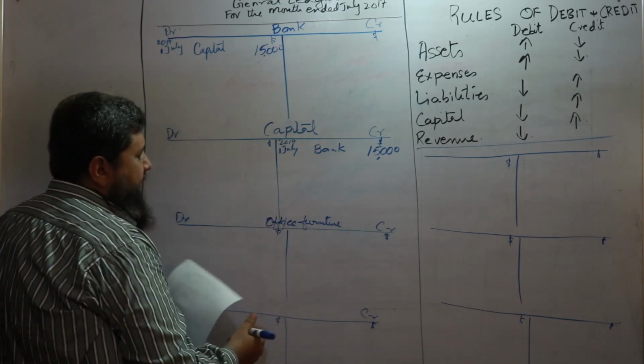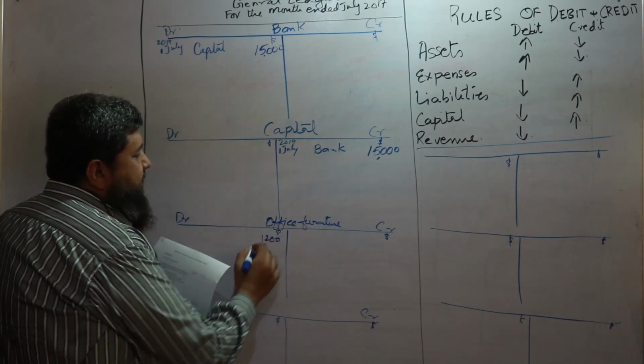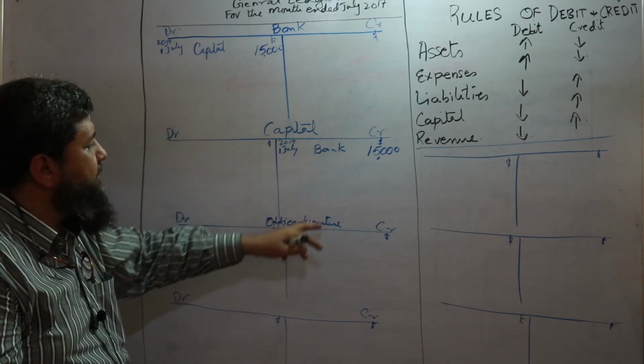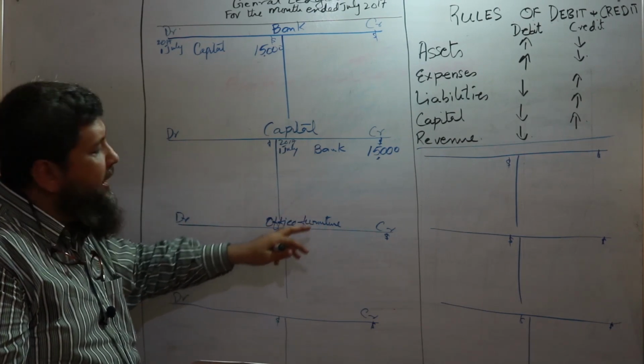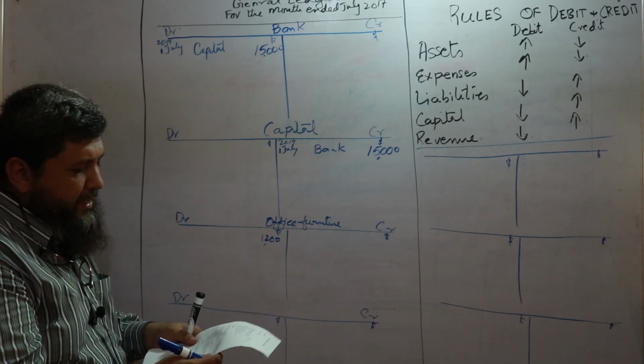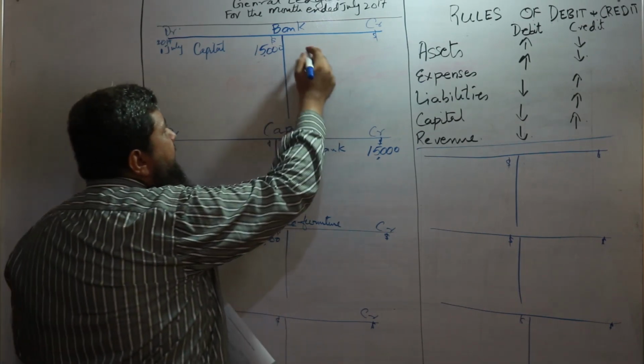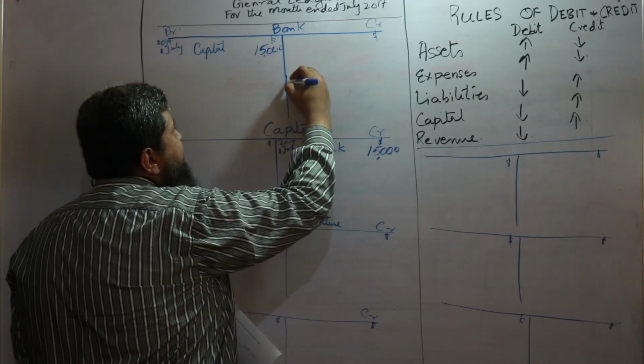Office furniture debit. There is no meaning of debit, but a person who understands accounting language, by reviewing this T account, will understand that F. Murray bought office furniture for 1200. Paying through check means the bank balance has decreased. The bank account is already made, so we will post on the credit side of the bank